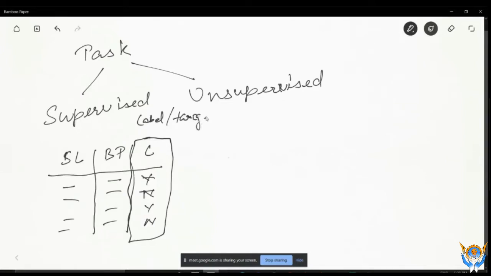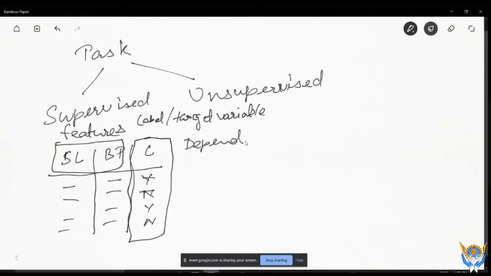These are your features, feature one and feature two. The label is also called the dependent variable, and these two features are called independent variables.